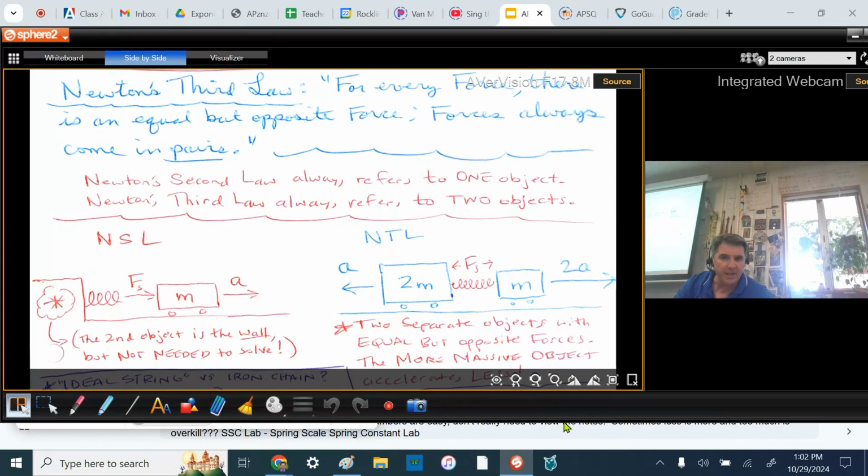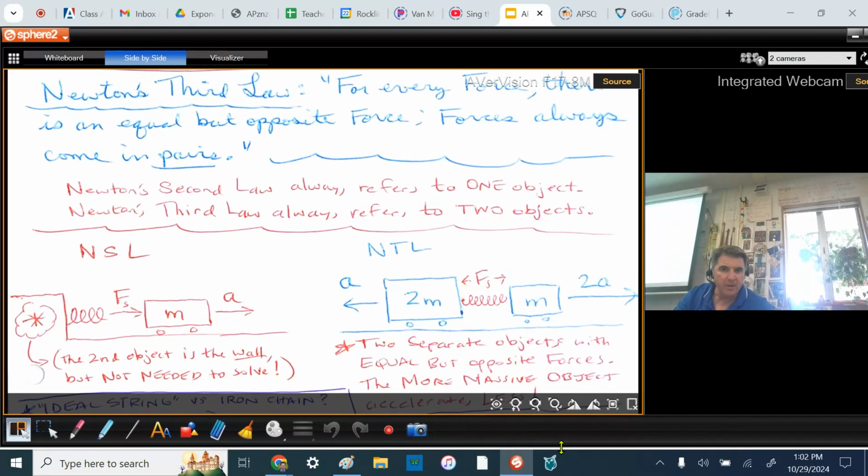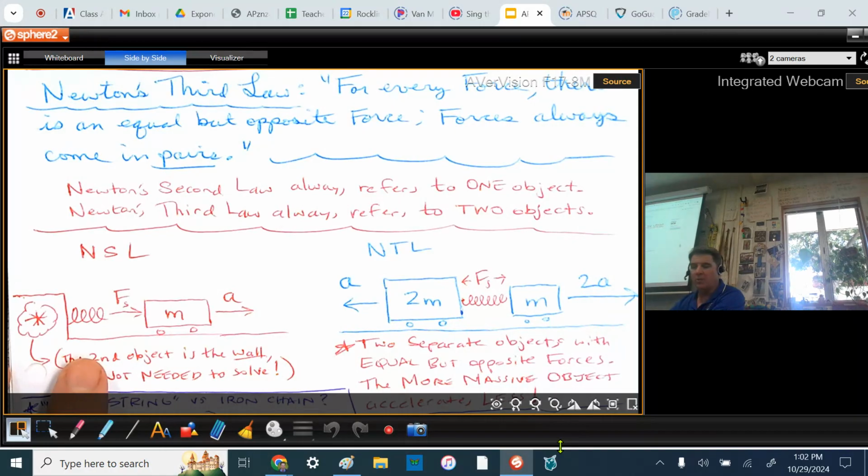And in this case, see if I get a little bit more out of my view there. In this case, the wall isn't really needed to solve it. So for Newton's second law, we're only going to think about the force on this mass and acceleration of this mass. Okay? So in Newton's third law, you got to remember that you're always talking about an interactive force pairing